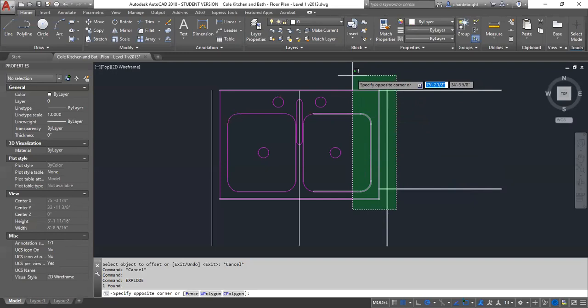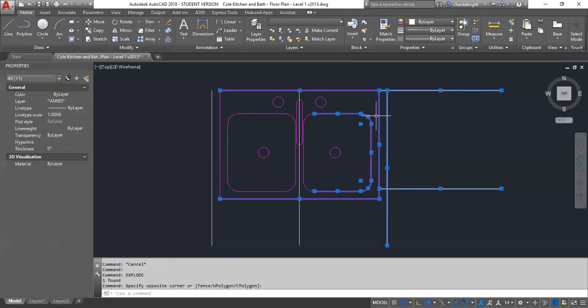And I'm going to make sure that the grips that belong to the items that I'm going to stretch are all within that selection box. So that means I had to make sure that this grip was all the way in, and that these two grips were all the way in. So what's essentially going to happen is when I go to stretch, this segment of these two lines is what's going to actually stretch. So now I'm going to type in the word stretch,